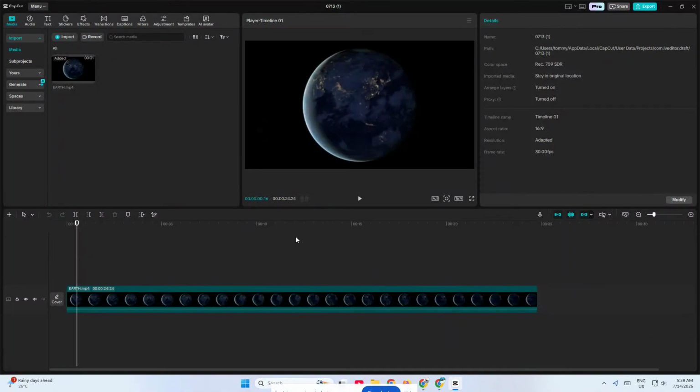In today's video, I'm going to show you how to zoom in for CapCut, step by step, so you can make any clip fill more of the screen and create a clean, professional-looking zoom effect. This is a super useful trick for emphasizing a subject, removing empty space, or just making your edit feel more